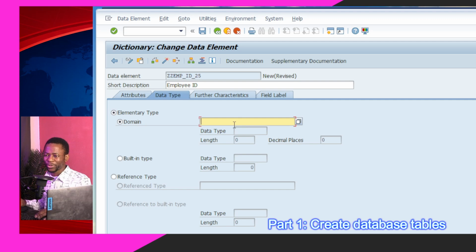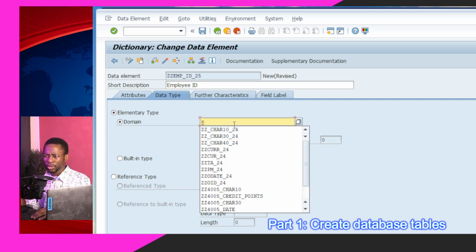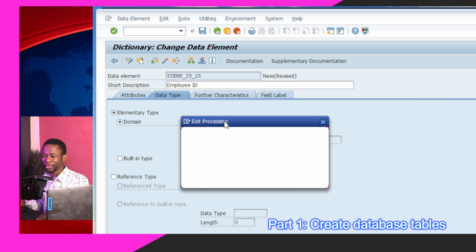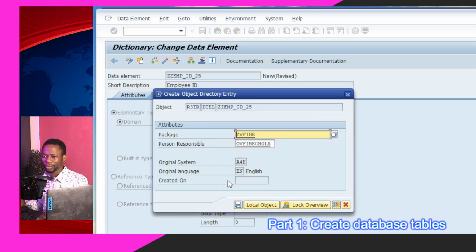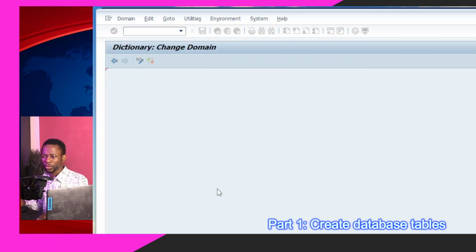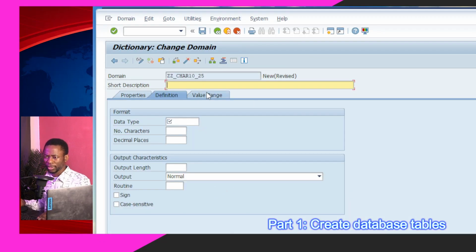Let's create our own domain. Let's see. So it's going to be a domain of character length 10. So let me give it this unique ID of 25. So of course this domain does not exist yet. So if I double click on this, we need to save. I'm trying to save the data element first. Save it to this transfer request 151 employee leave management system. We want to create the domain. So let's see, employee ID domain,